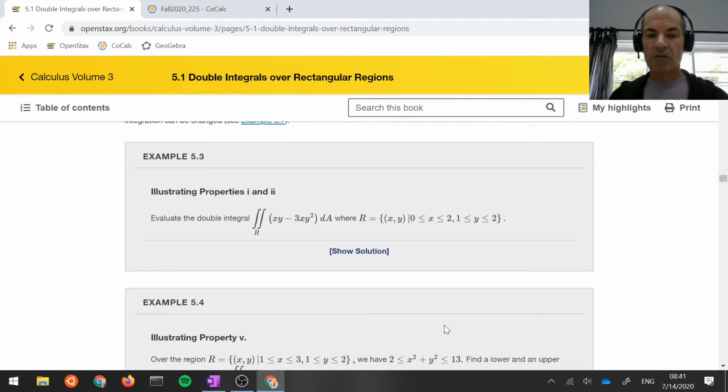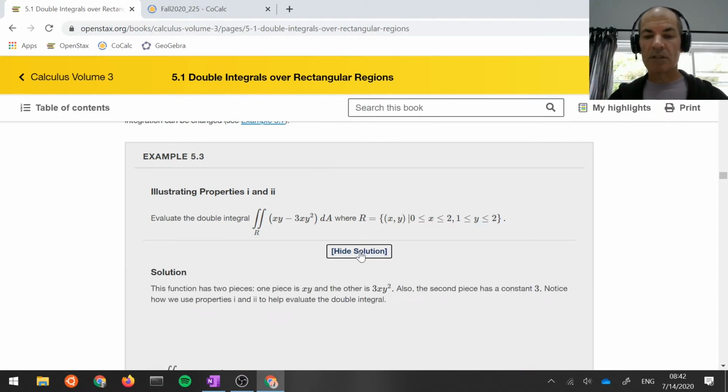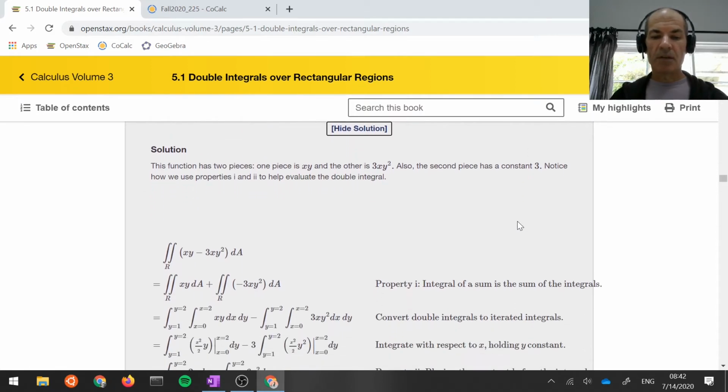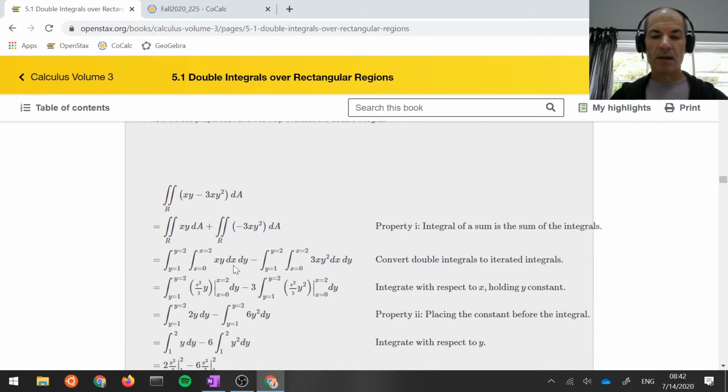More interesting is illustrating the various properties. Up above, there were these 5 properties. Illustrating properties 1 and 2, this is the fact that integration distributes across addition and that constants can move in and out of the integral. Let's look at this double integral over the region. Here's another way of writing a rectangular region. Here we see the x limits go from 0 to 2, the y limits go from 1 to 2. Let's integrate with respect to x first, and